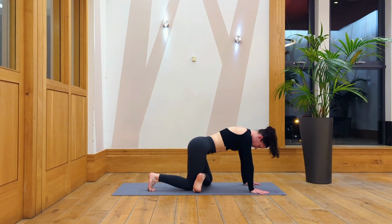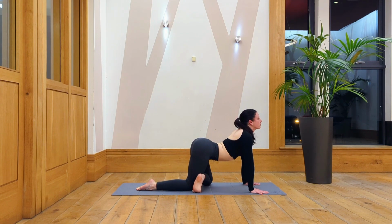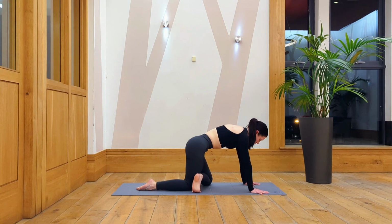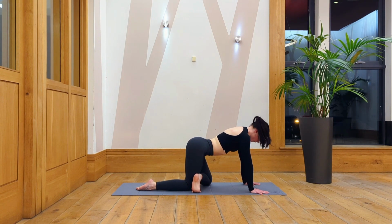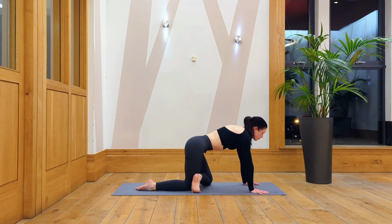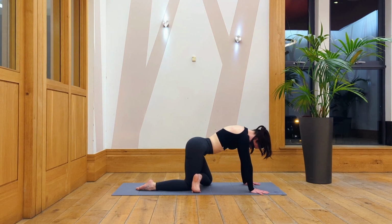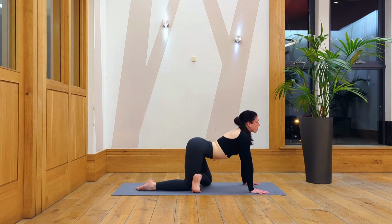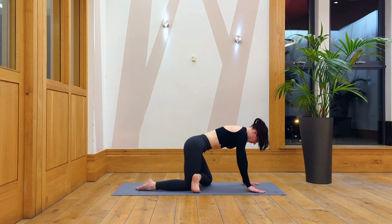Carefully set your knees down. Use your inhale to arch your spine, lift your chest forward. And exhale to round, pushing down through your hands. Move with your breath here. Feeling that movement for your spine. And after your exhale,